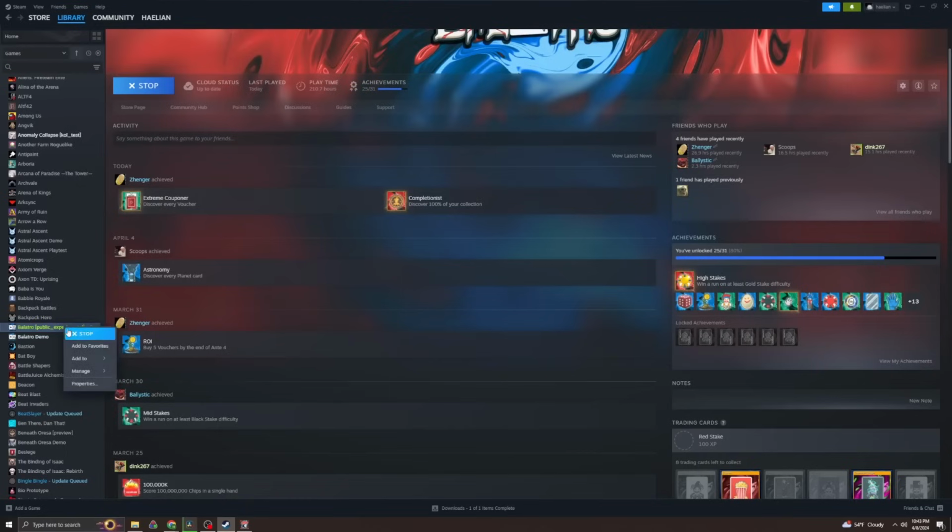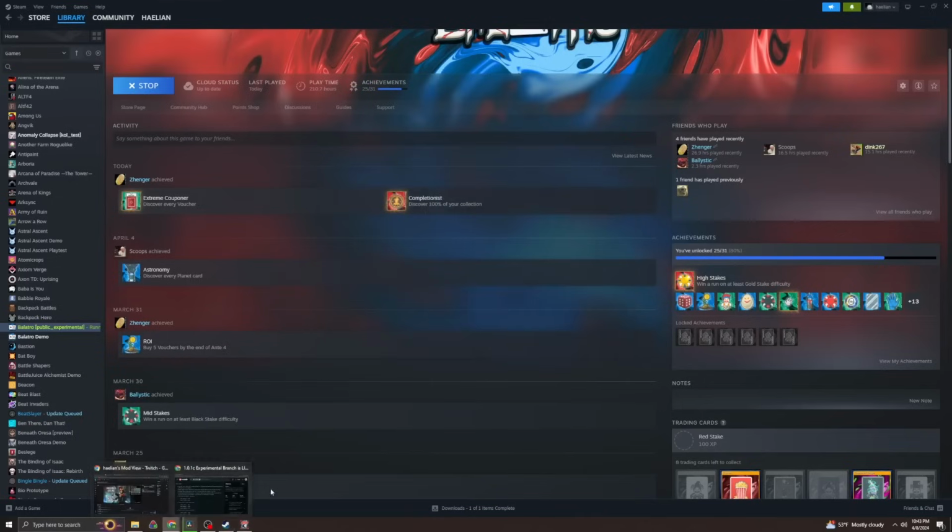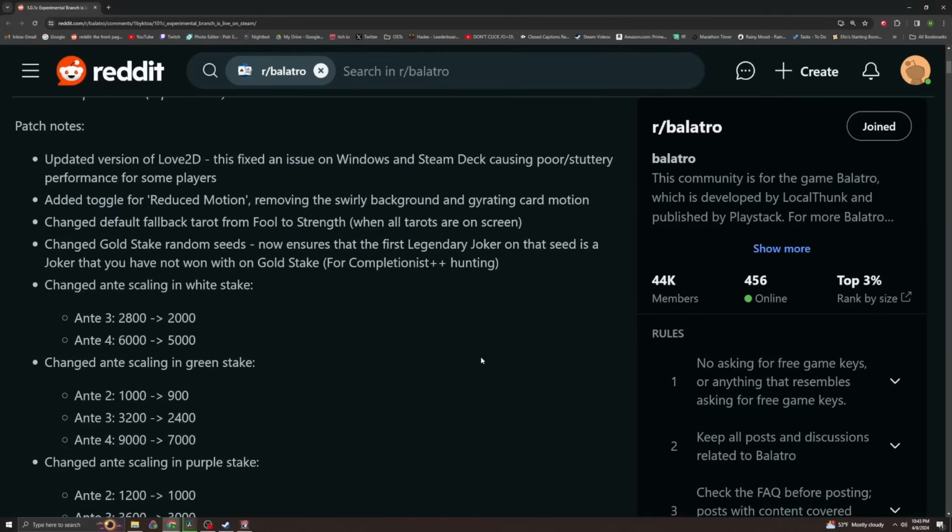You're going to have to go to Steam, right click on the game, go to properties. After you go to properties, go to betas. And then you can just click this drop down and click public experimental build. You don't need a password or anything like that. All you gotta do is that, and the game will update after you choose that. Very simple stuff. But anyway, let's talk about what's in the actual balance patch itself, because it is absolutely amazing,